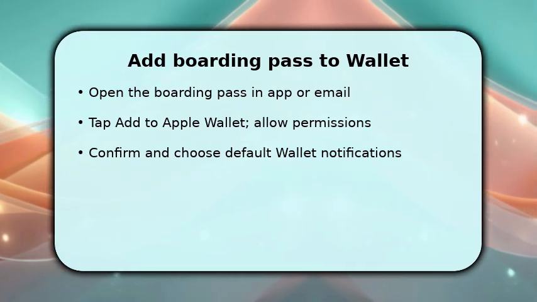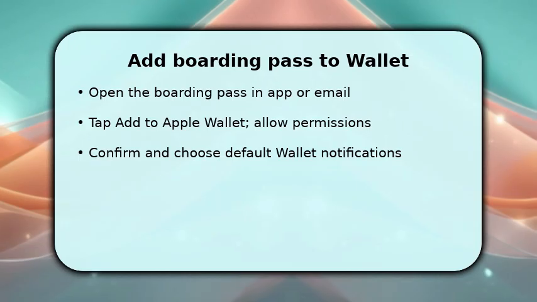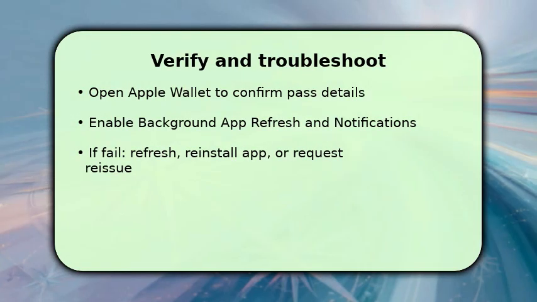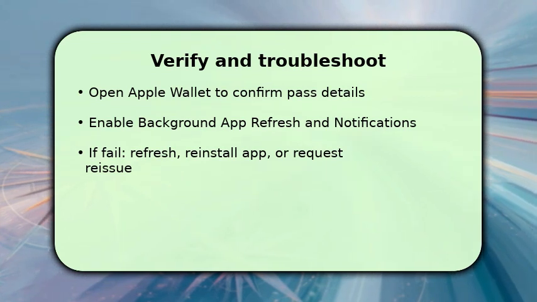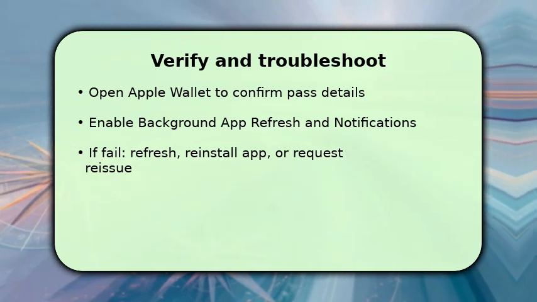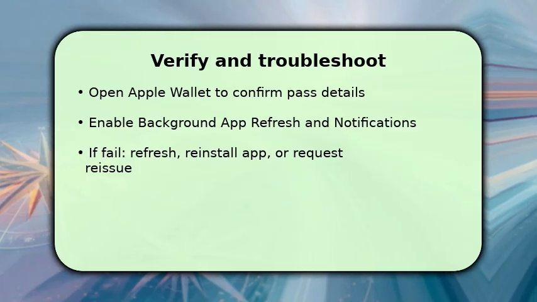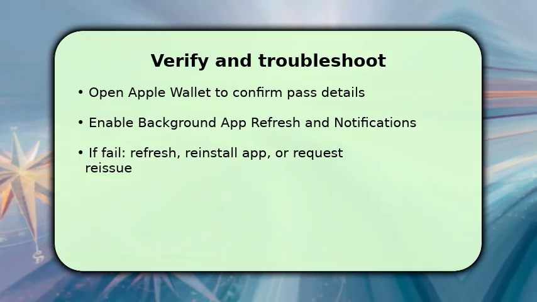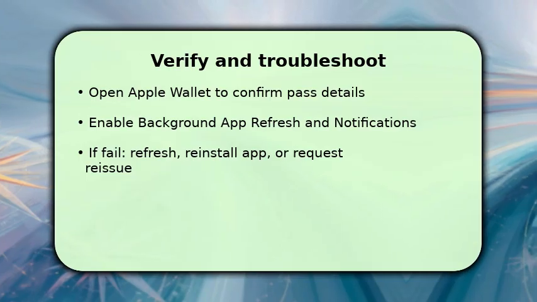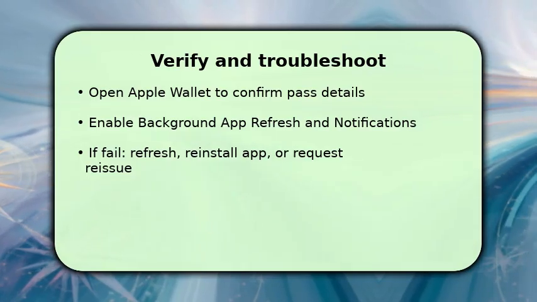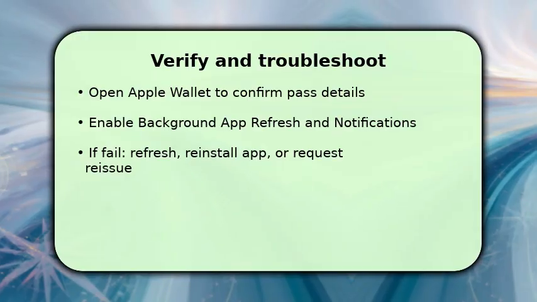You finish by opening Apple Wallet to verify flight details, gate and departure time. Make sure time zones and seat info match the airline record. For offline access, screenshot or keep the app cached, though Wallet normally works offline. If the pass does not appear, sign out and back into the Qatar app, force quit and reopen it, or delete and re-add the pass. One key troubleshooting tip: if Add to Wallet is missing,